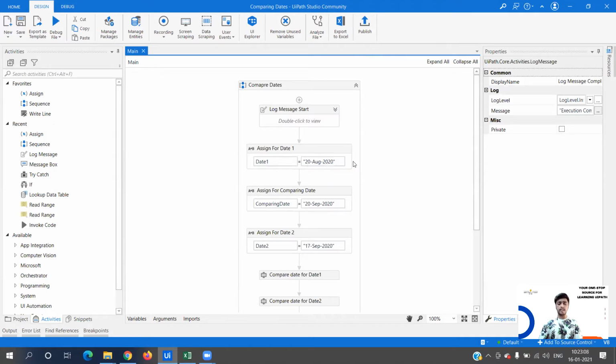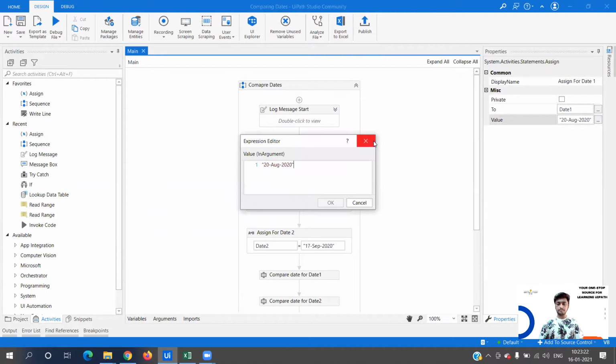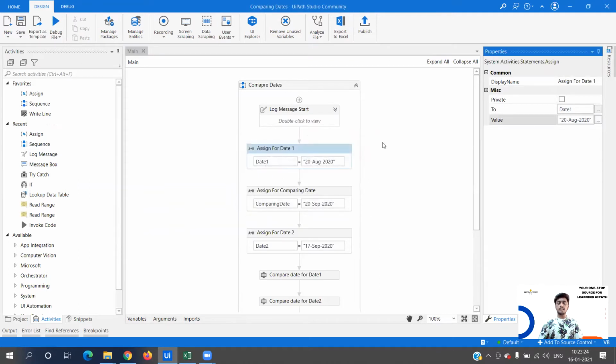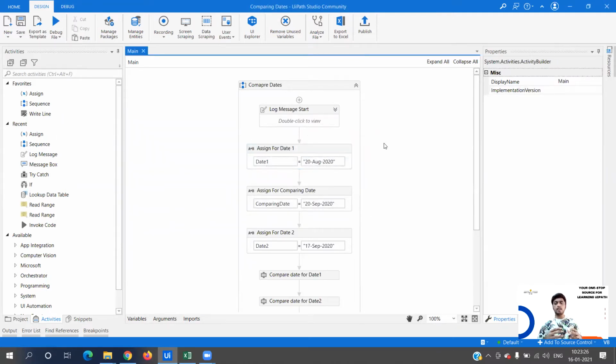If I have a larger statement over here in an assign, like maybe some expression, like a LINQ query or anything else, if I have a bigger expression, I have to expand it, or I have to click over here, or else I have to do this, right? So these are the multiple things that a developer invests time in when he wants to understand the workflow.